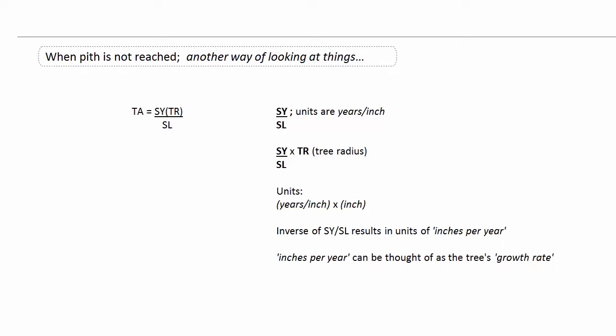I also want to point out that, especially for large trees, the exercise we just went through only provides an estimation of a tree's age. If we have not reached the pith, we cannot guarantee complete accuracy. For very large trees, when the sample we've obtained via the increment borer is a relatively small proportion of the tree radius, we introduce a source of error. Regardless, this exercise provides a way for you to estimate the age of any tree using some very basic algebra.